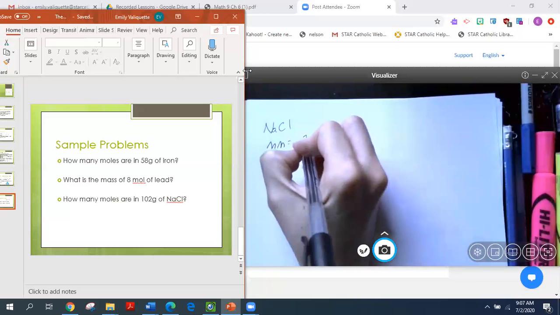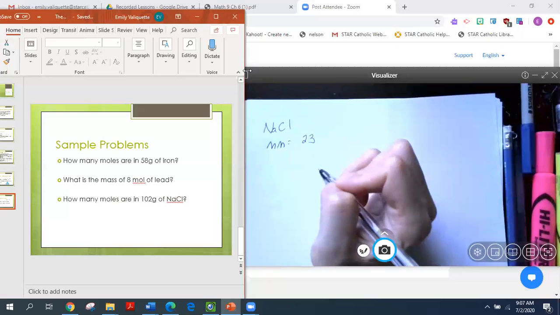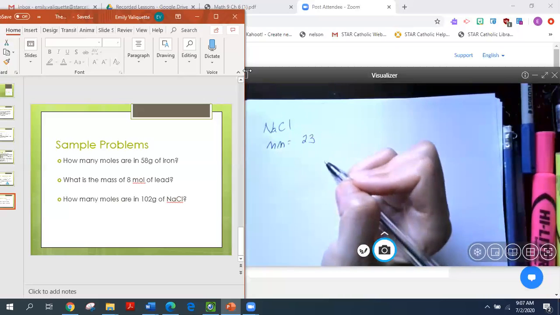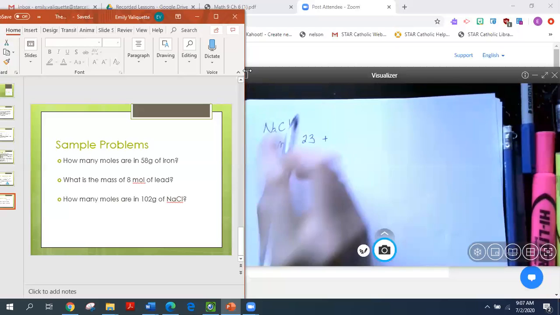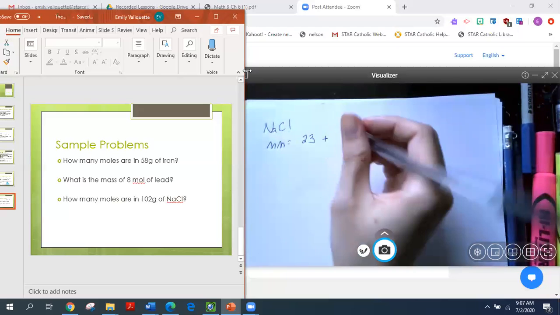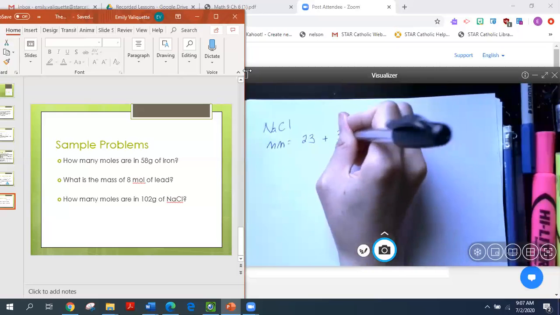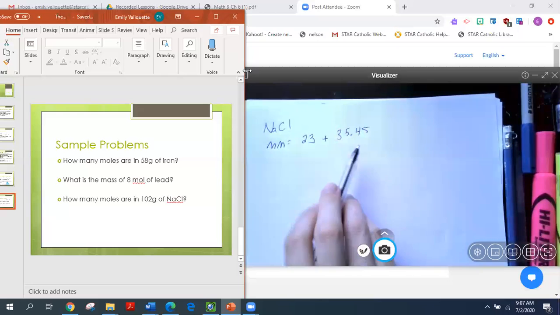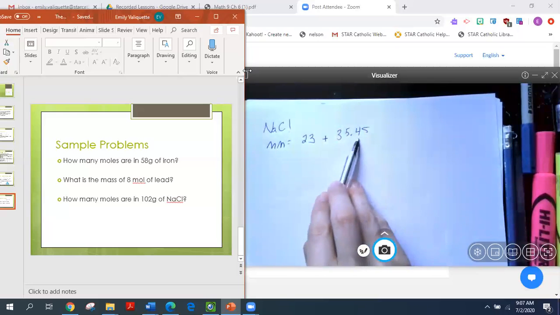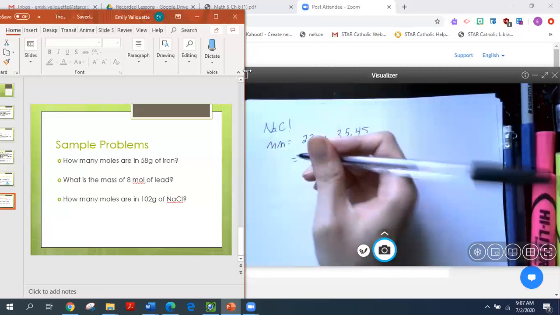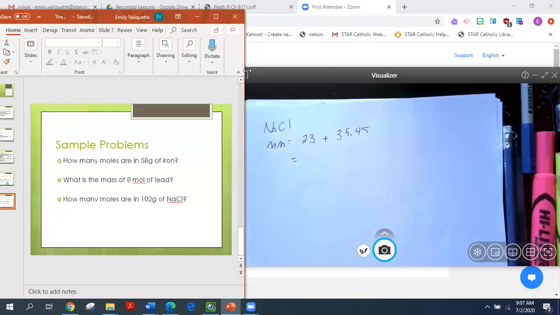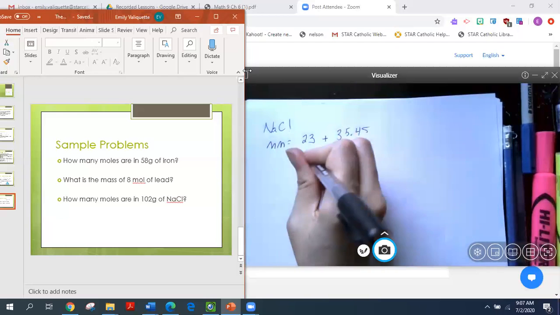We can round that to 23 because it's essentially 22.999. And then we're going to add the atomic mass of chlorine, which is 35.45. We're not going to round that one because it's not that close to 35 or 36. So we'll just add those together and get